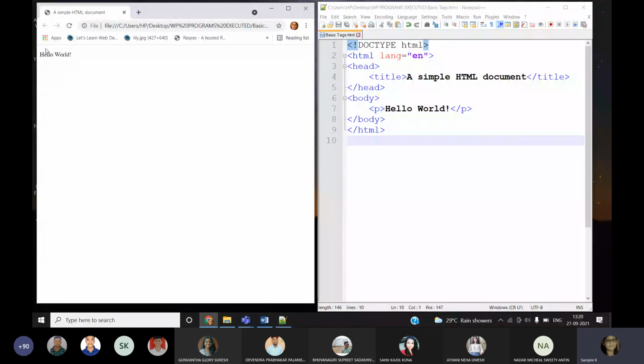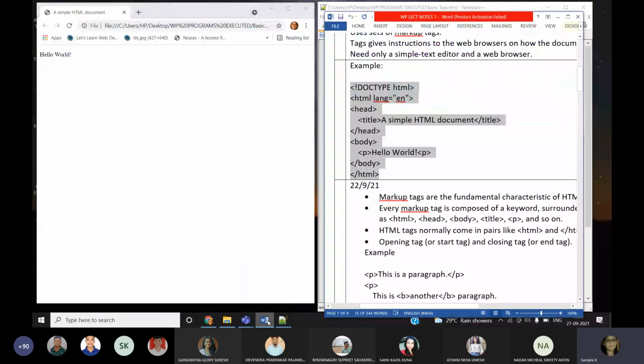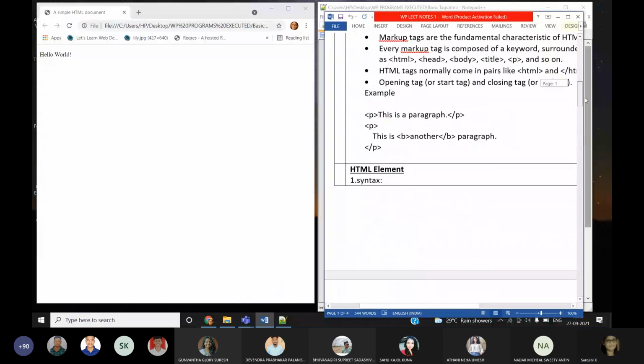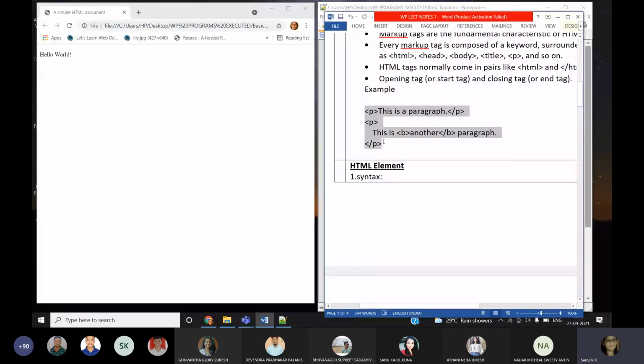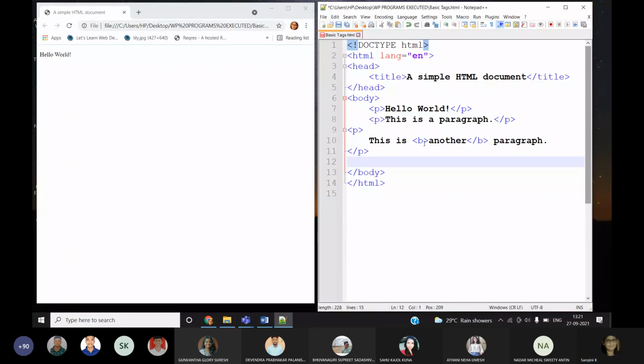Now look at the notes which we saw already. Here, this is another example. This we saw just to see the opening and closing tag, and we will understand how the B tag will work also. I just copy this and I'm pasting the content just below the hello world content in the program. Students, no confusion. This was there already. Now this is one paragraph content, and this is the second paragraph, and this is the third paragraph.